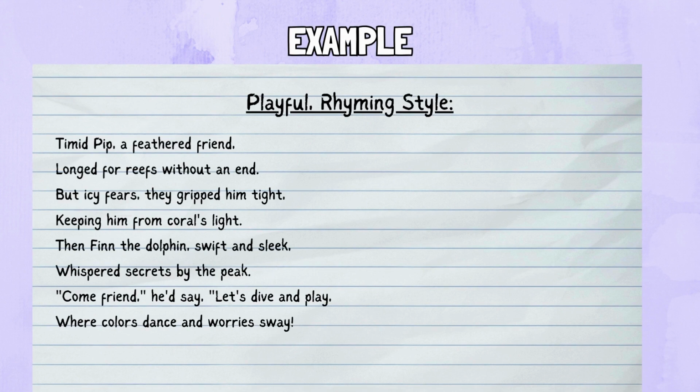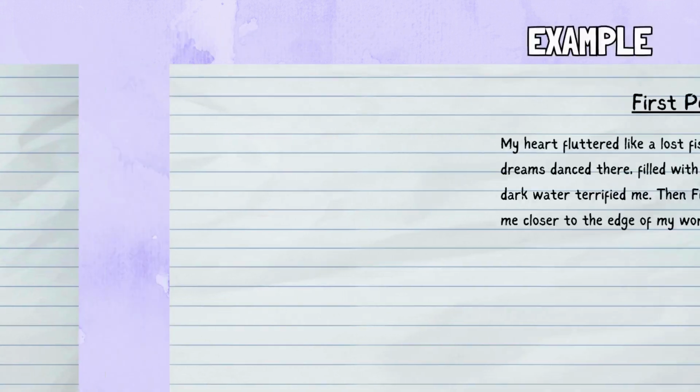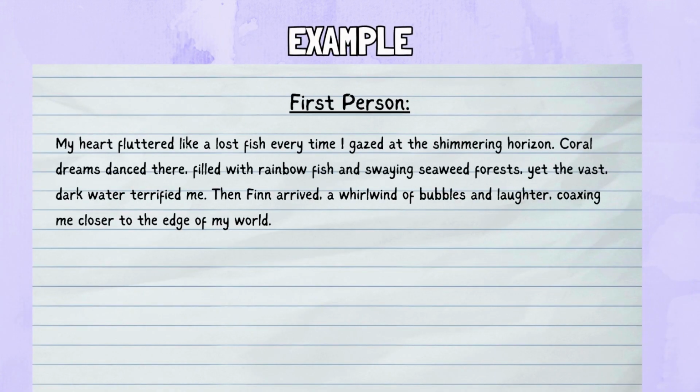This creates a lighthearted and engaging tone, suitable for younger readers. It also adds musicality and memorability to the story. And here is an example done in the first-person perspective. This puts the reader directly in Pip the Penguin's shoes, feeling his fear and wonder firsthand. It creates a sense of intimacy and emotional connection, which is great for a more serious and even factual picture